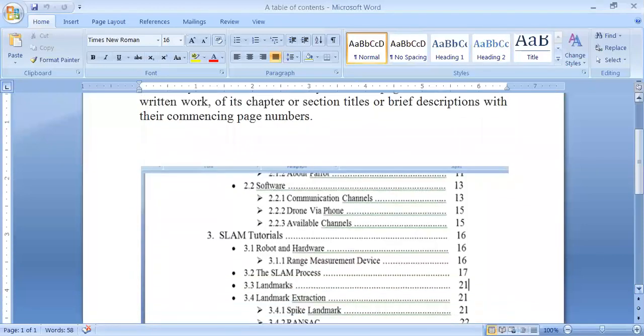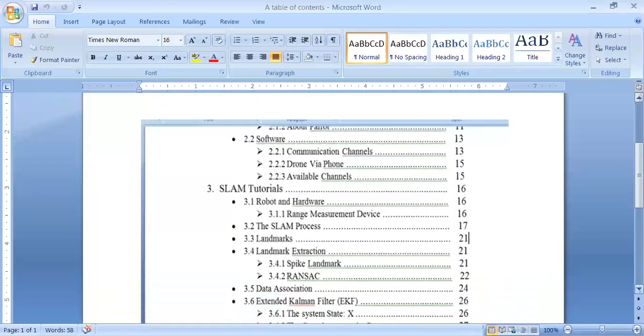It is an example that I can show you here. You can see in this example that this is chapter number 3, that is SLAM tutorial. Under this chapter, there are 5 or 6 subtopics included here, meaning 3.1.